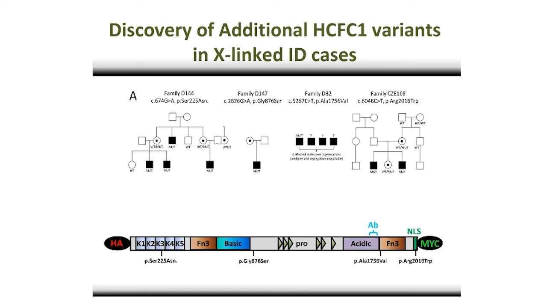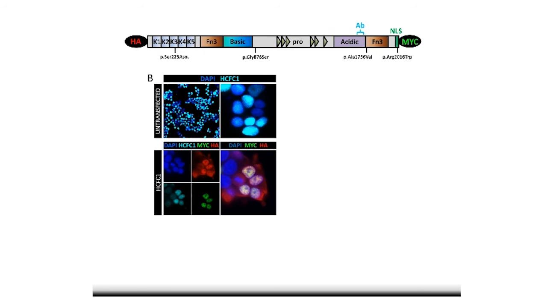One of the first things we did was to clone these variants into an expression vector and just see where they localized, with particular interest in the nuclear localization variant. So here, the schematic at the top shows that the expression construct we used had an HA tag and a MYC tag at both ends of the protein, and as I mentioned before, this protein is cleaved and can act as a dimer. We also have an antibody raised to the endogenous region, just here in the C-terminal spot. And so here is just what endogenous HCFC1 looks like by immunofluorescence.